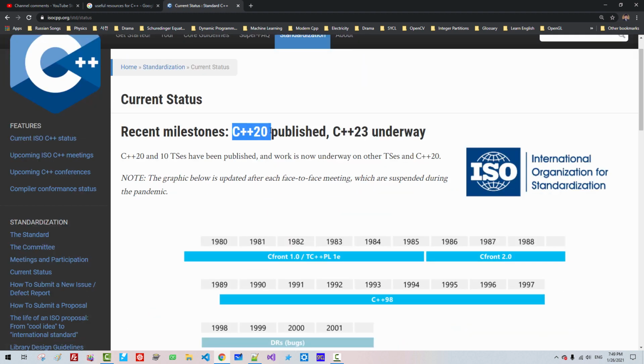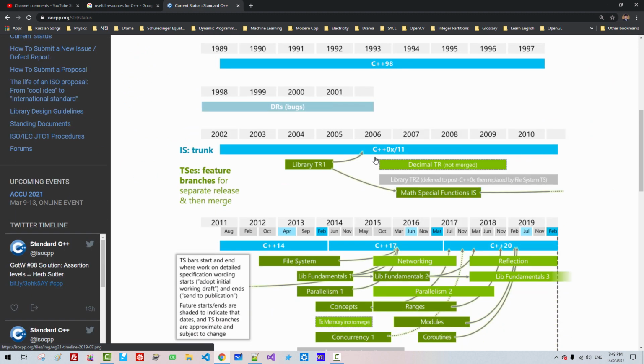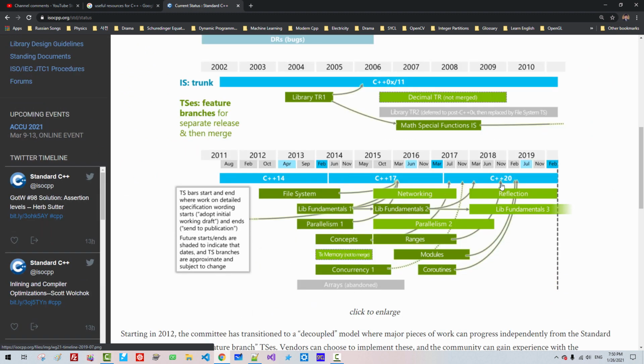C++20 is published. C++23 is on the way. In C++20, coroutines are implemented. Modules are implemented. Ranges are implemented. Concepts are implemented.